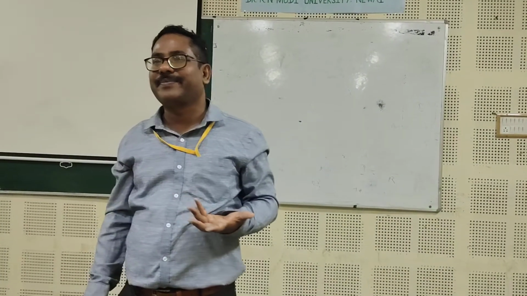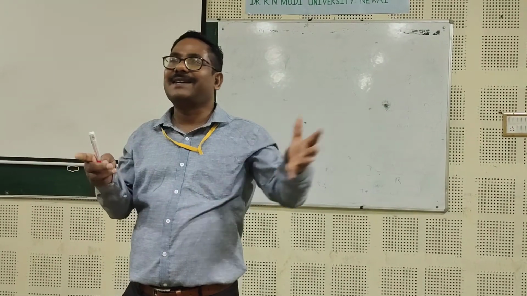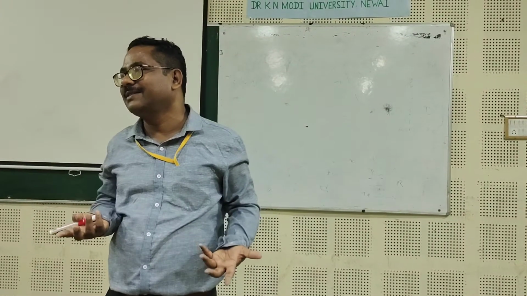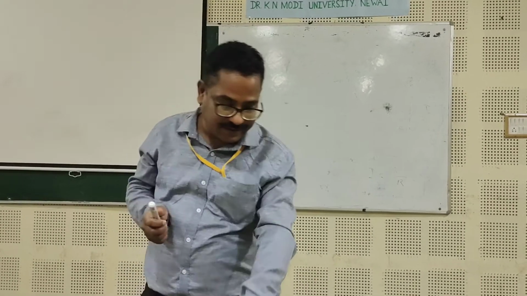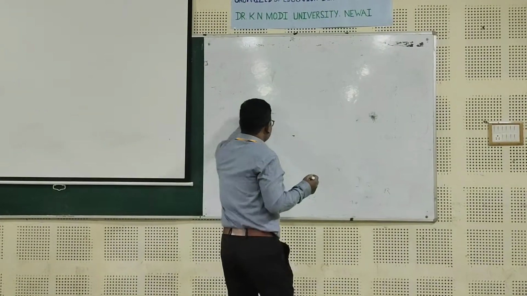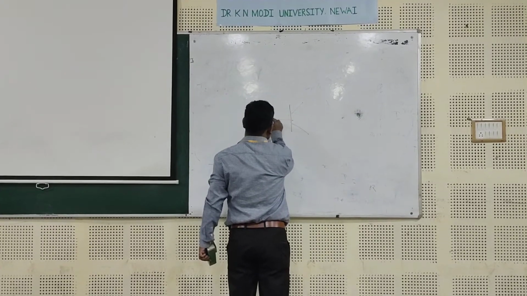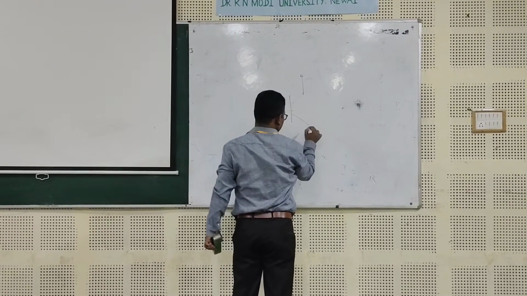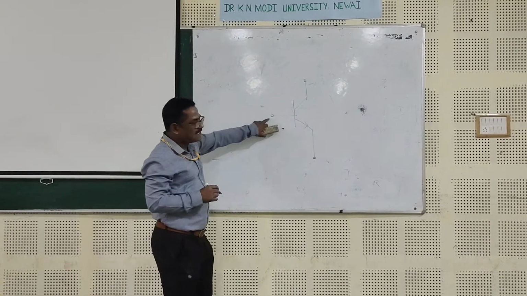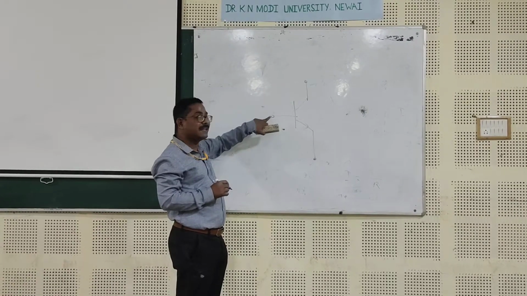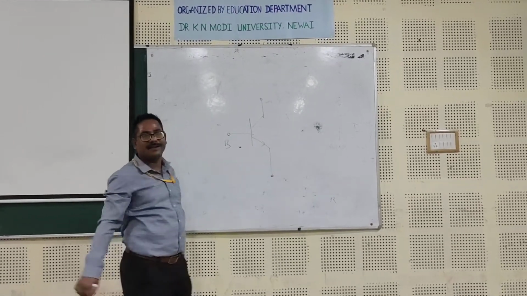So how will you solve the problem? If you want to use a transistor as an amplifier, we require 4 terminals, but a transistor has 3 terminals. One terminal has to be made common. Consider this case first. There are 3 terminals. What is the name of this terminal? Base. That is the base terminal.